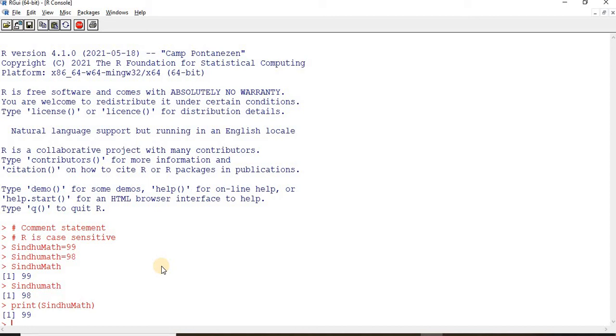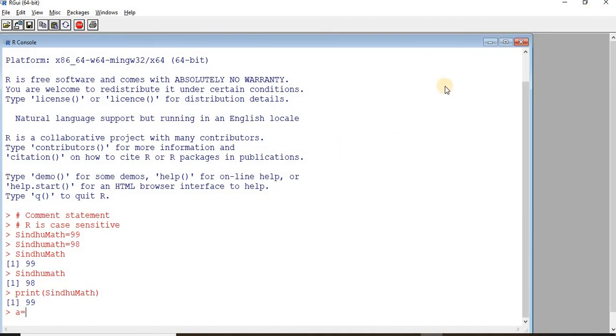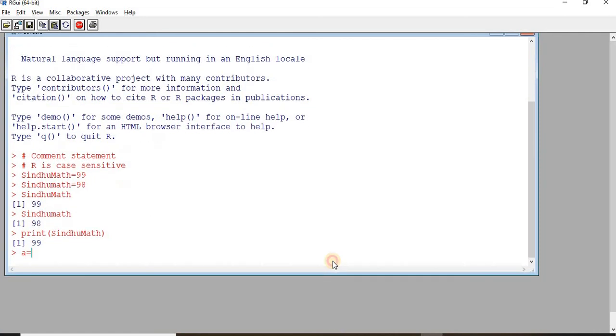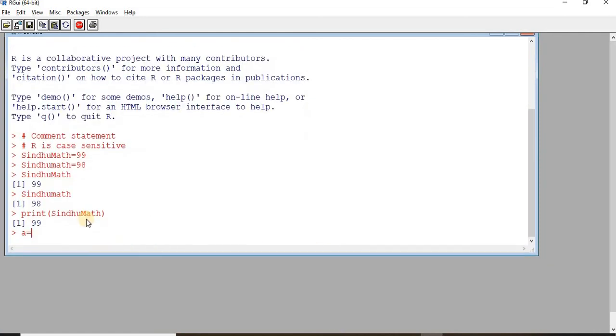Now the next one is A is equal to 4 plus 2.